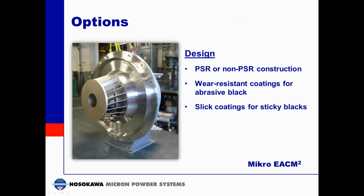The EACM series can be designed to meet local ATEX or other explosion protection guidelines. As such, the mill can be designed in PSR pressure shock resistant construction if so required. For abrasive applications, high-speed internal components can be made in special wear-resistant materials. For those stickier grades of carbon black, we have successfully utilized low coefficient of friction coatings to avoid or minimize